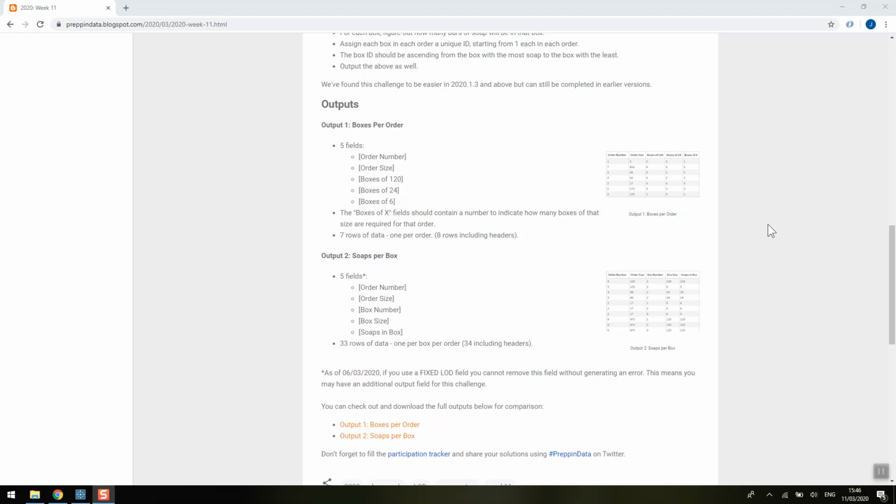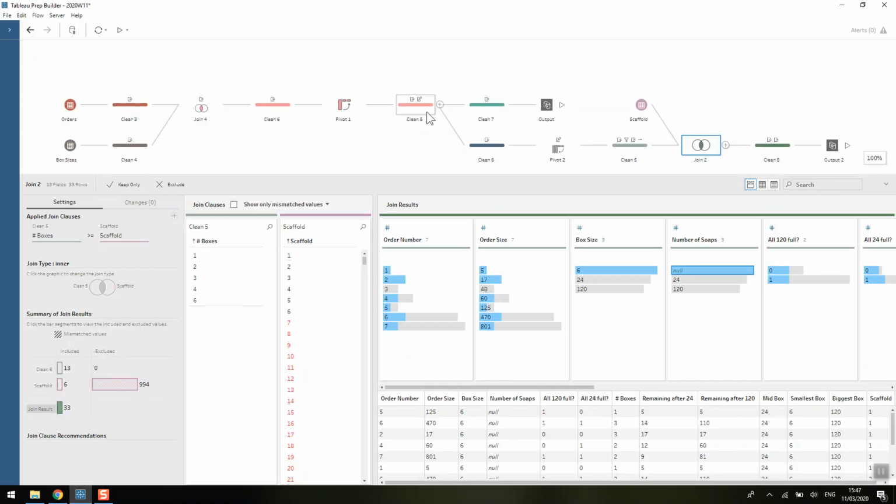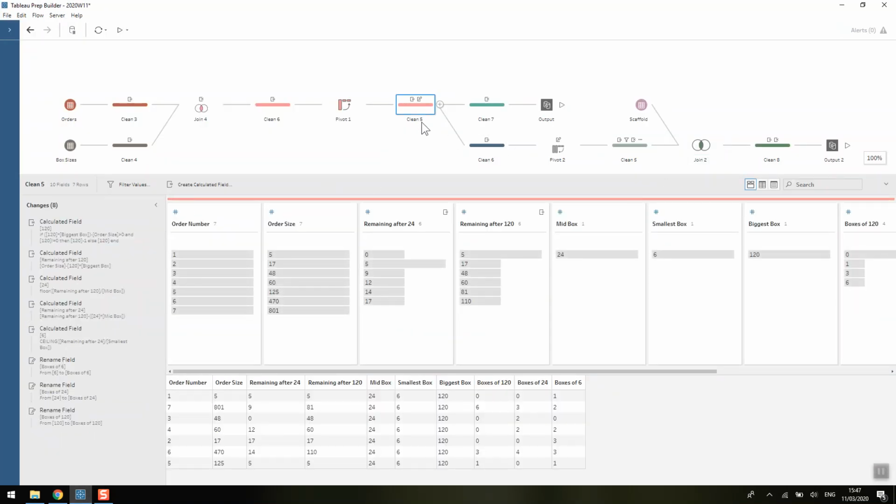For the second output of Preppin' Data week 11, we're looking to have a row for each box that is part of an order, and we want to know how many soaps are in that box, and all that sort of information. We're also going to want to number those boxes from the most number of soaps to the least. So if we come into Tableau Prep, then where we left off before,